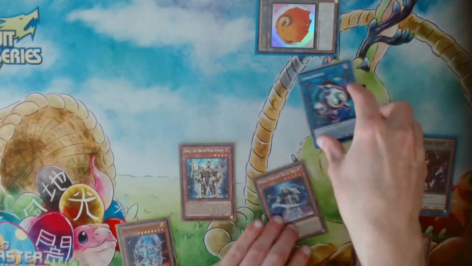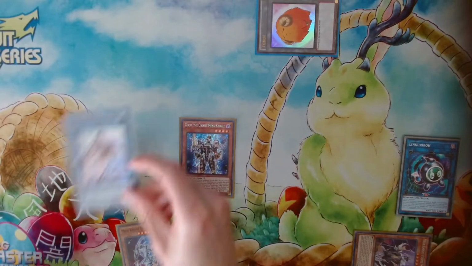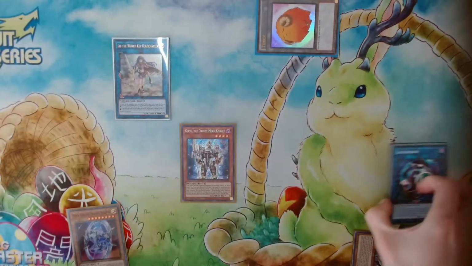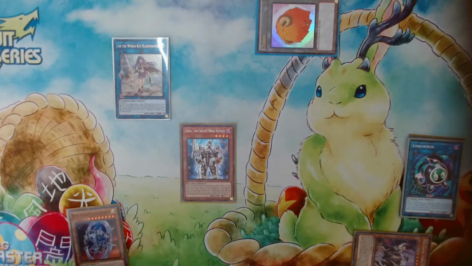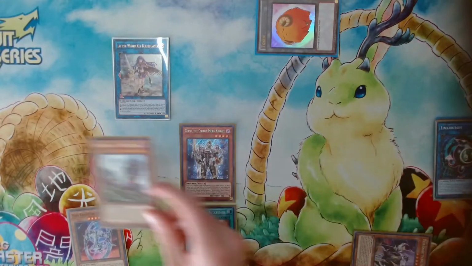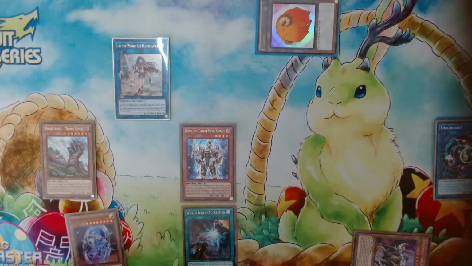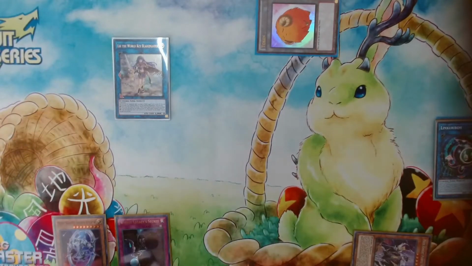Next we will use these 2 to go into our Lib. Then we can use Lib to get our succession once again. And we can use it to summon back our World Armor. And World Armor will add our World Legacy secret. Then we will link these 2 off